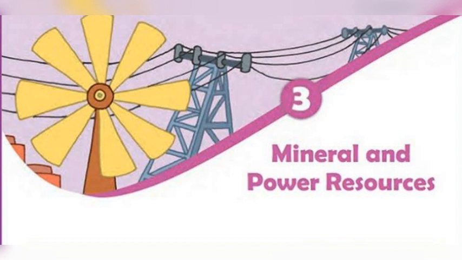Hydel power. Rainwater or river water stored in dams is made to fall from heights. The falling water flows through pipes inside the dam over turbine blades placed at the bottom of the dam. The moving blades then turn the generator to produce electricity. This is called hydroelectricity. The water discharged after the generation of electricity is used for irrigation.